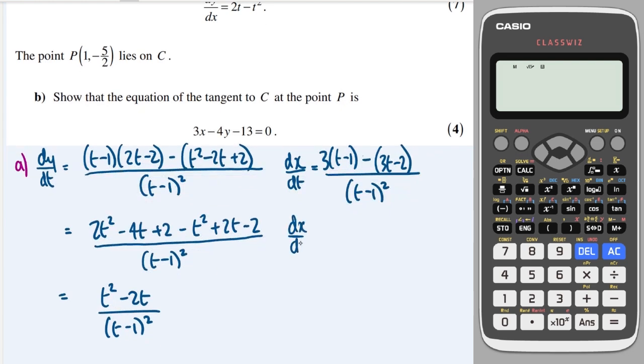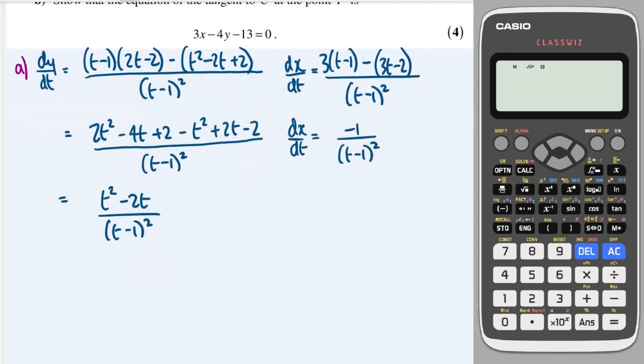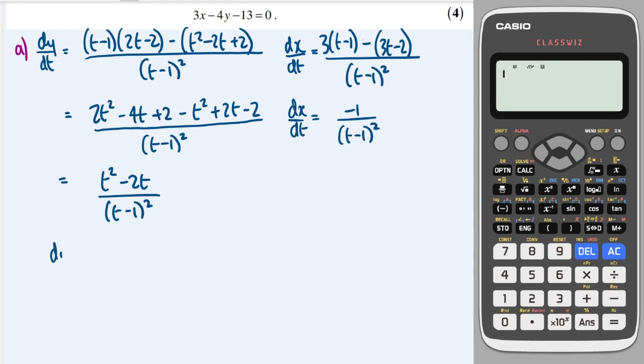Okay, so multiplying out the top, I'm going to get 3t. I'm also going to get minus 3t, and I'm going to get a minus 3, and I'm going to get a minus 2, which is a plus 2. So minus 3 plus 2 is minus 1, so I'm just going to get minus 1 over t minus 1 all squared. Okay, great. And now I can do dy by dx,